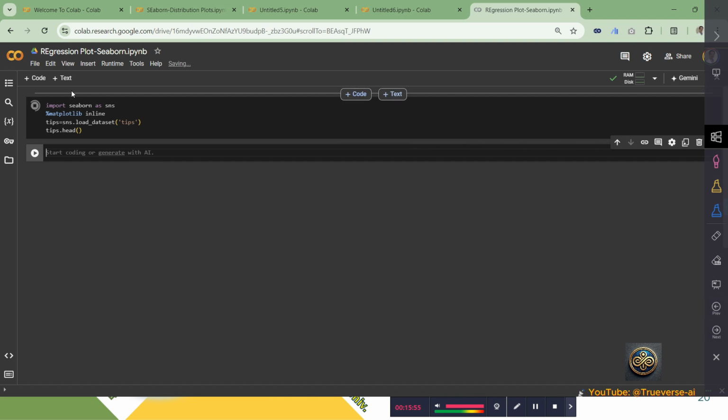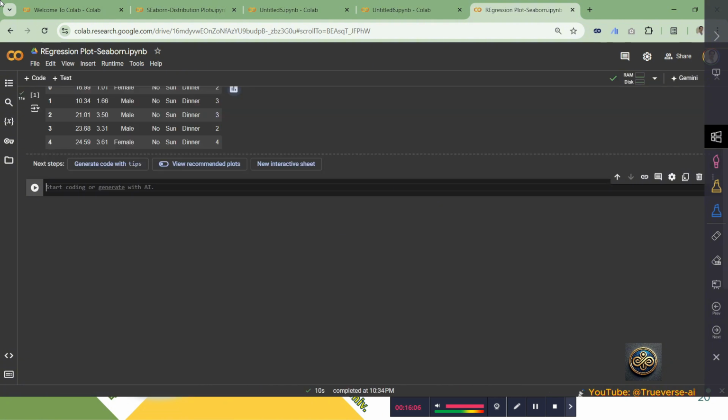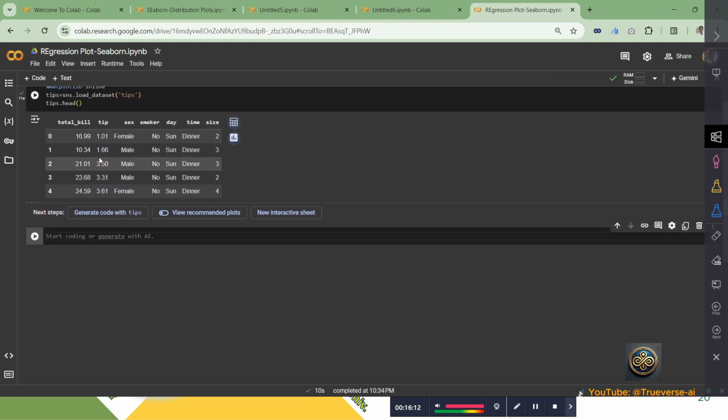Then we need to do some lmplot function. This function is used to create linear regression plots showing the relation between two variables. For example, we want the regression between total bill and tips. How to do it? Simply Seaborn